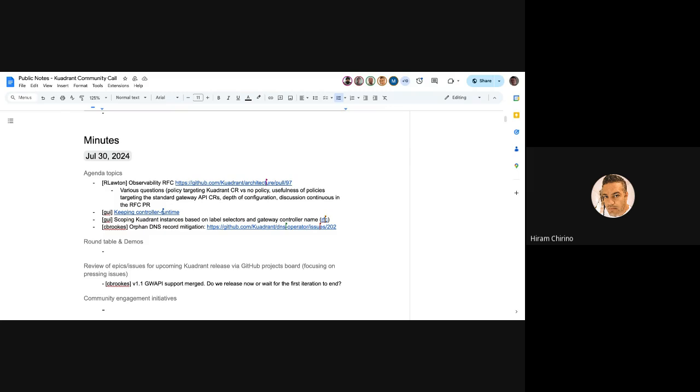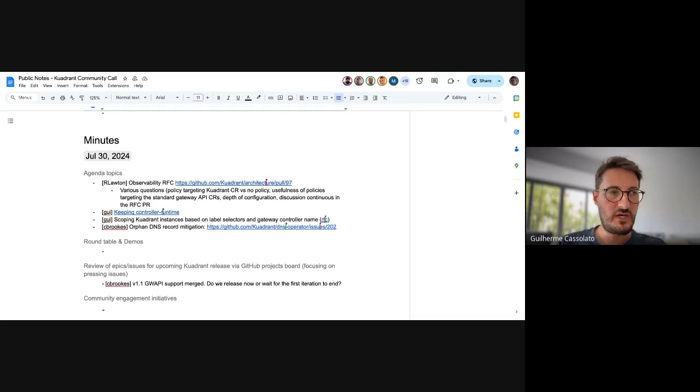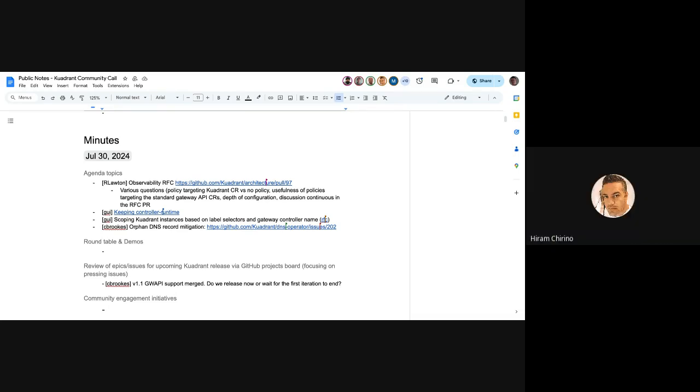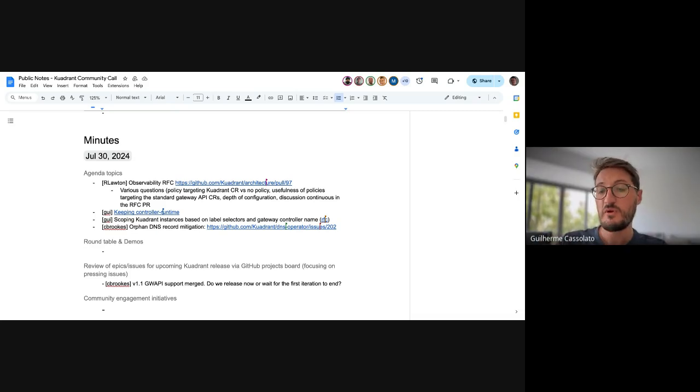So let me ask a quick question on that. Let's say there's two gateway classes in a cluster, right? And somebody tries to apply policy to something that's, let's say, on both gateways, right? Do they get a notification or message letting them know that, hey, this policy is not getting applied on this gateway? Yeah, you mentioned two gateway classes, right? To be clear, you can have as many gateway classes as you want, so that's not really the point. I'm specifically saying like there's an envoy and a non-envoy gateway. Yeah, that would mean two gateway controllers, right? I mean, that's what you mean. Okay. Yeah, the thing that goes on top of gateway classes.